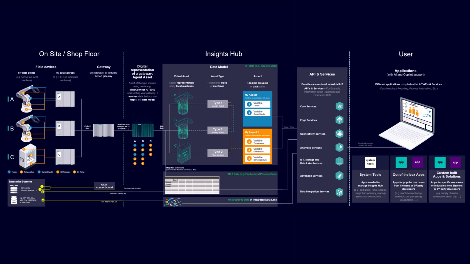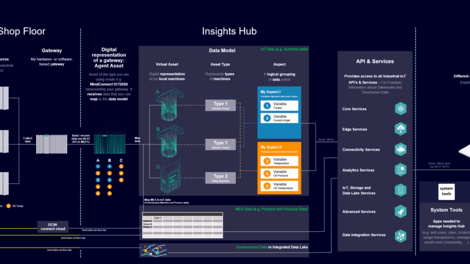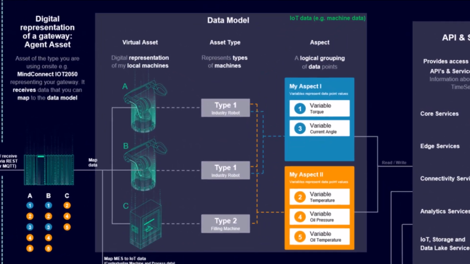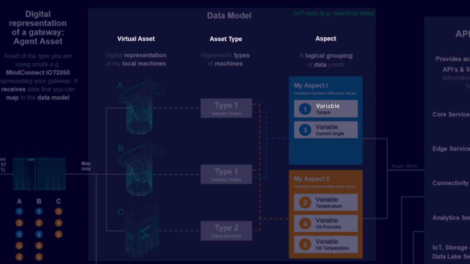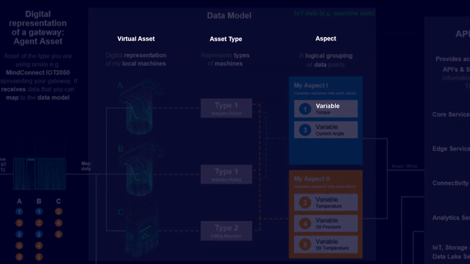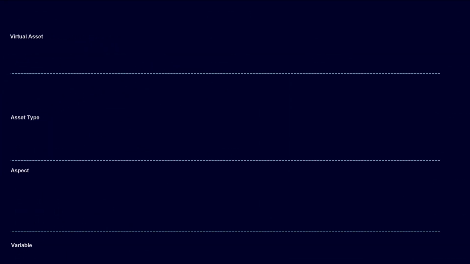It defines the structure, organization, and relationships between all connected assets and the data they receive, enabling and optimizing its storage, management, and utilization. The data model primarily consists of the following key components: assets, asset types, aspects, and variables. We will now explore the meaning behind these terminologies, how they interrelate, and how they provide an ideal foundation for flexibly and scalably managing various complexities.